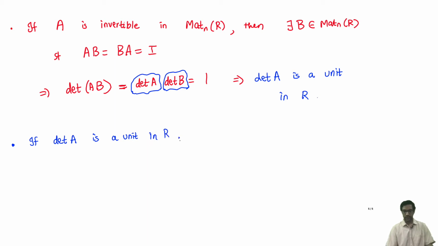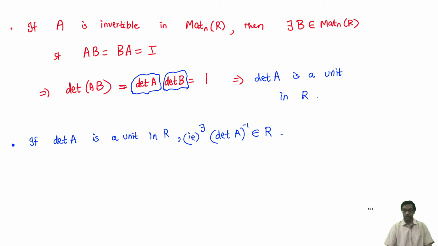Okay, so what does that mean? In other words, I can talk about an element called det A inverse in R. There exists an element which is the multiplicative inverse of the determinant. Now, given this, I need to produce an